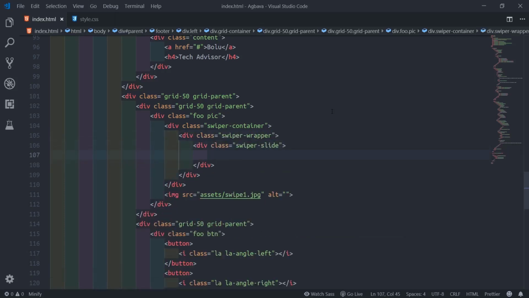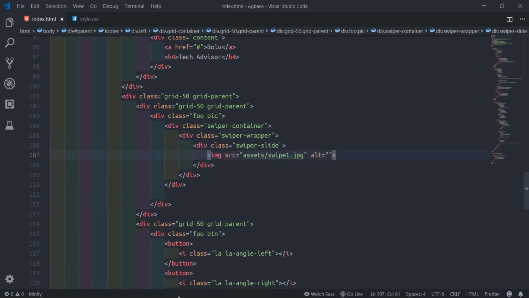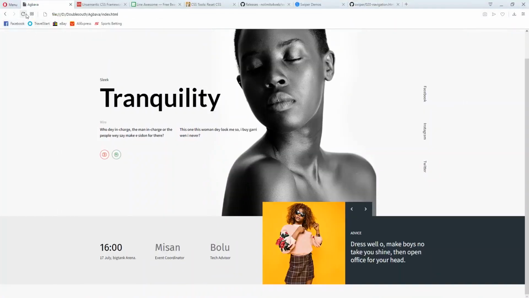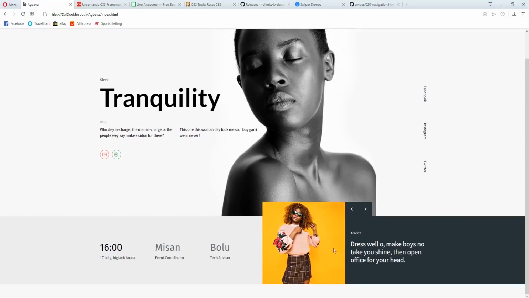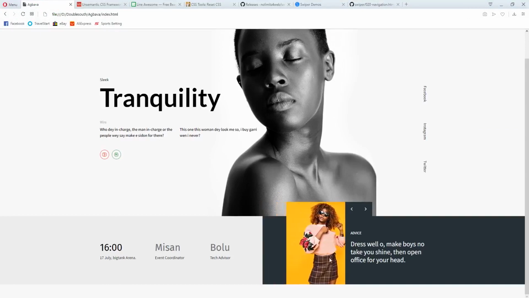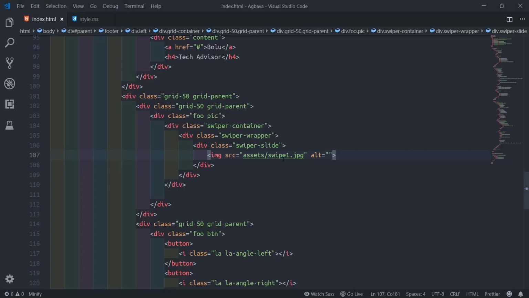So don't get this one now. Inside the swiper slide, we'll paste this image. So I'll just put it on quickly now. So I'll go back and see what we get first. I'll refresh. Now the same setting, the drag, meaning it all works there. So let me just add more pictures now.